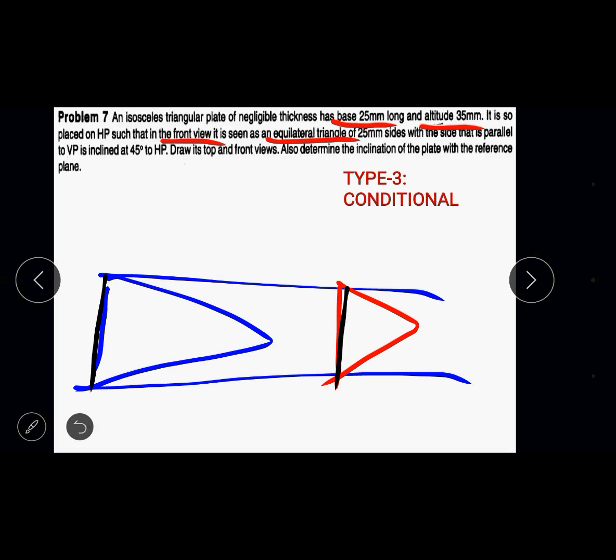The base of the triangle, you should take it as a reference and proceed. So first step, it will be the isosceles triangle with edge resting position. The front view will be an isosceles triangle and the top view will be a horizontal line. So in the next step, you should get this equilateral triangle with the help of projection line. After getting the equilateral triangle, you can shift the top view. So I'll explain you directly.